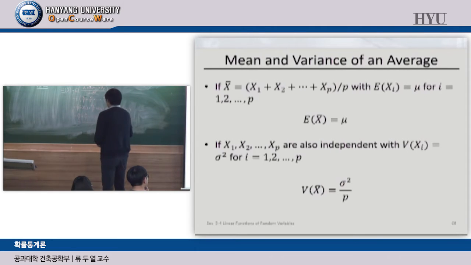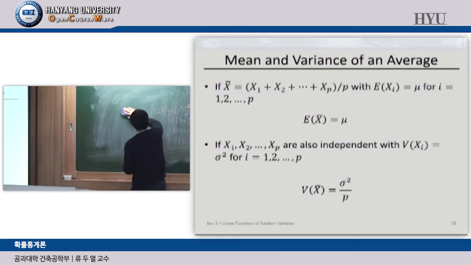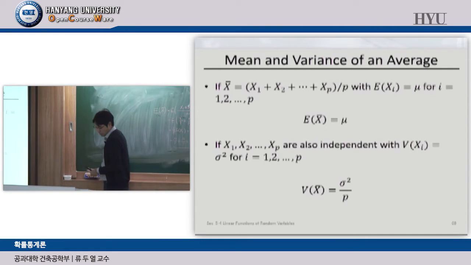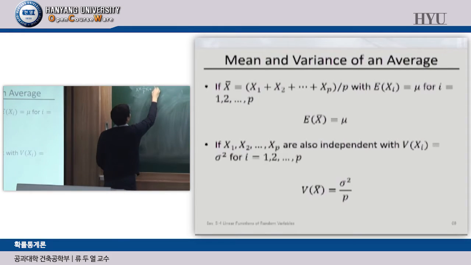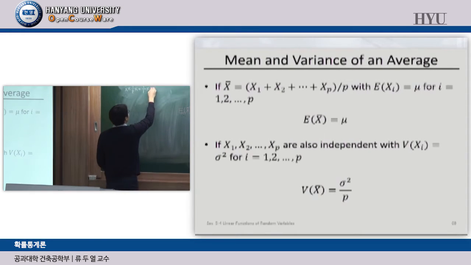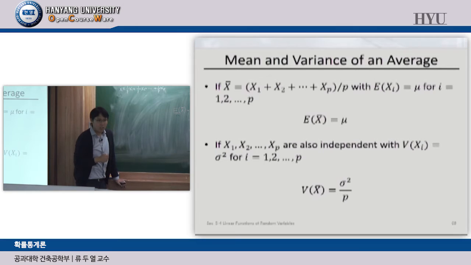And I'm going to verify this again. x bar is equal to 1 over p x1 plus 1 over p x2 plus up to 1 over p xp. Right? Okay. So the variance of x bar,